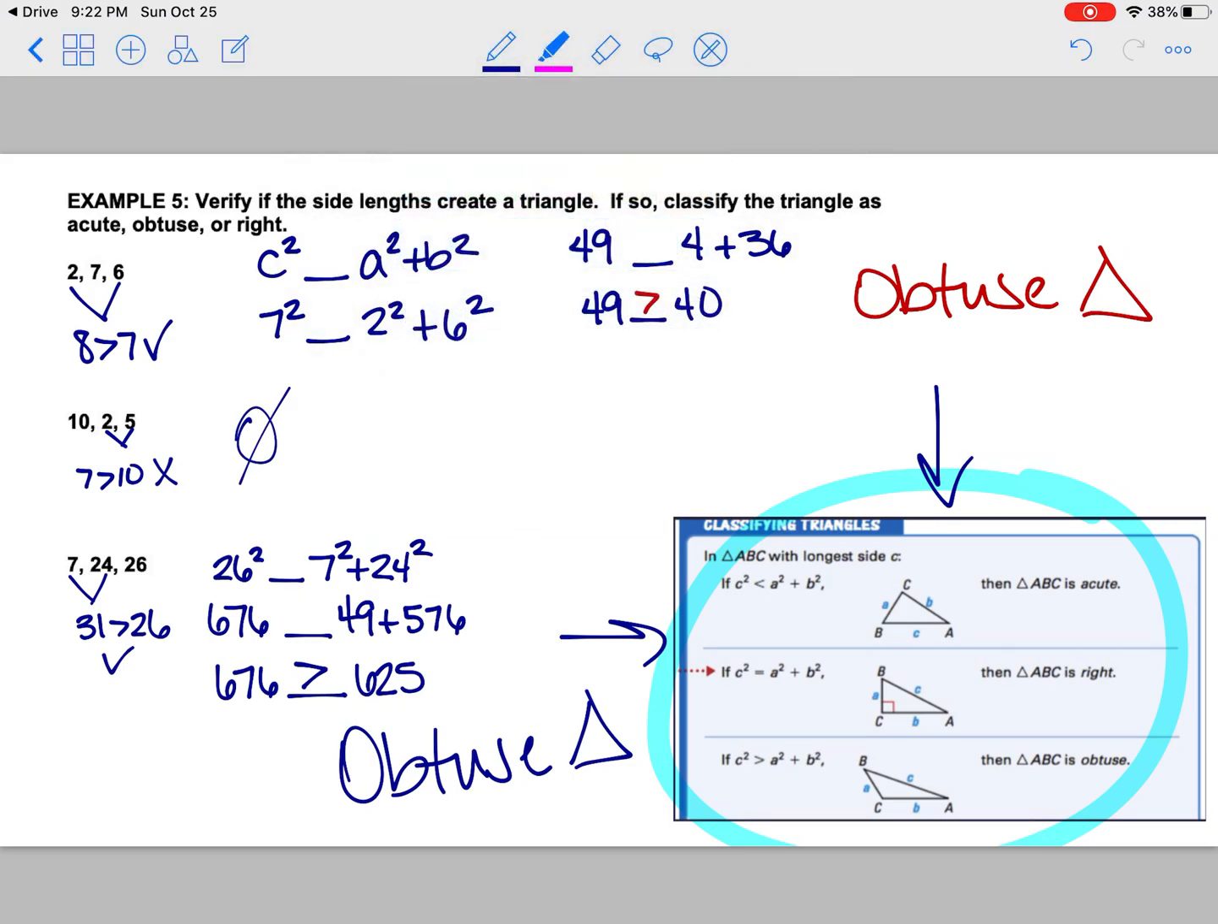Okay, so use this key down here. If it's less than, it's an acute triangle, which makes sense because the smaller triangles are the acute ones, the less than. Greater than is obtuse. The bigger angles are always the obtuse ones, so that makes sense. Greater than obtuse, less than acute. If it ends up being equal to, we know it's a right triangle because then